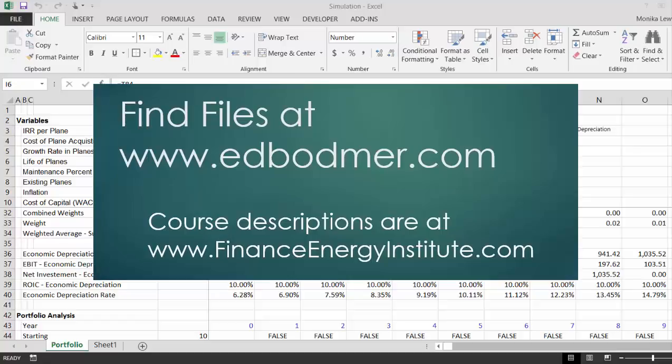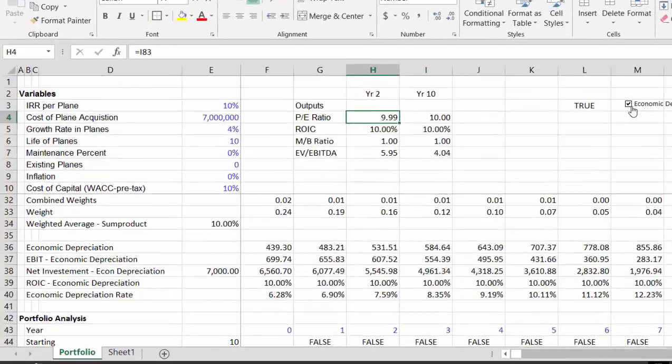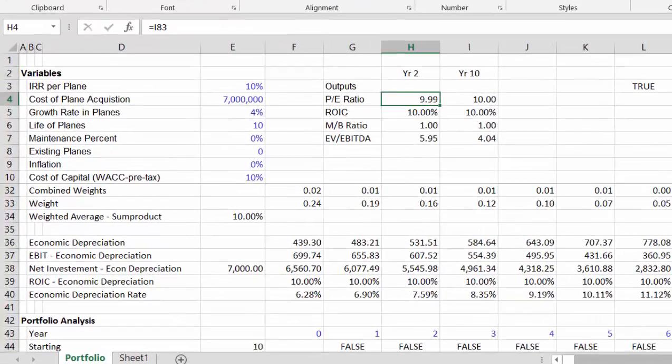Okay, in this video, I'm making an airport again. Now, what I did is I just summarized some of the statistics, and we can do it with or without economic depreciation. And if you do it without economic depreciation,